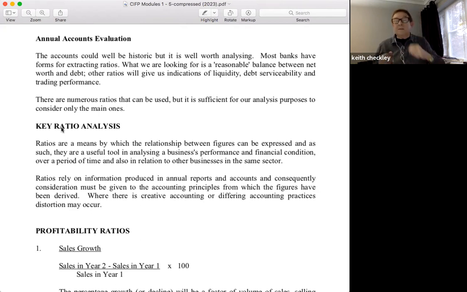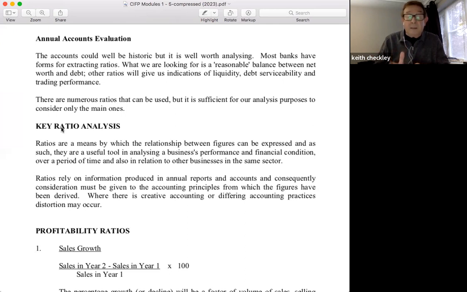Now, there are numerous ratios, and you can buy lots of books on ratio analysis. What we'll do is focus on what we believe are the key ratios that should be used, which will be sufficient to give us a good understanding of the business performance, whether it's a small, medium, or large business. With a large business, particularly if they're quoted on the stock market, there'll be one or two or three additional stock market ratios that we'd want to build in. But basically, these core ratios will stand you in very good stead, and they've been recognized for many, many years